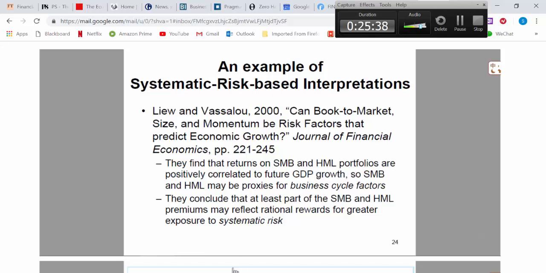Now what would high beta stocks do? High beta stocks would be far more sensitive to the overall market, which is, of course, to a great extent driven by economic growth. So we come to the conclusion, and I'm not saying to you whether it's right or wrong, I'm trying to help you interpret what this paper is trying to say. So they conclude that maybe SMB isn't really an additional factor, but it is just a proxy for